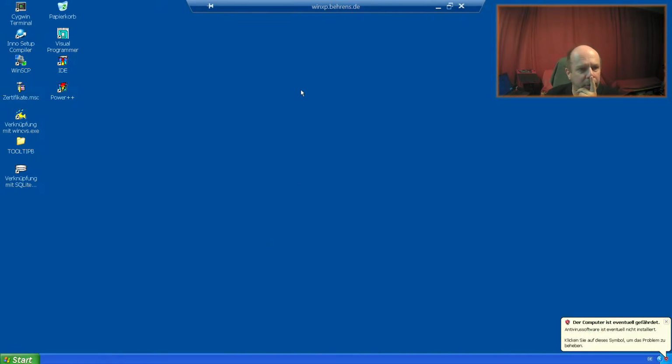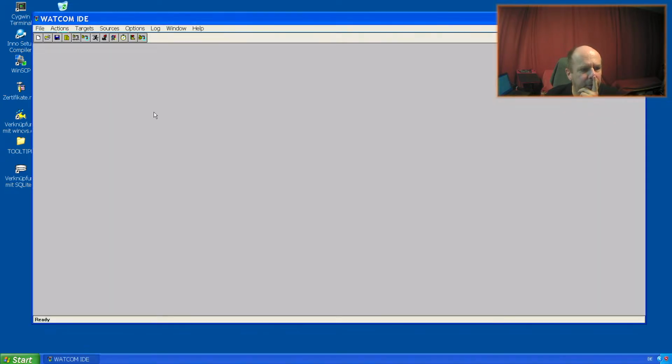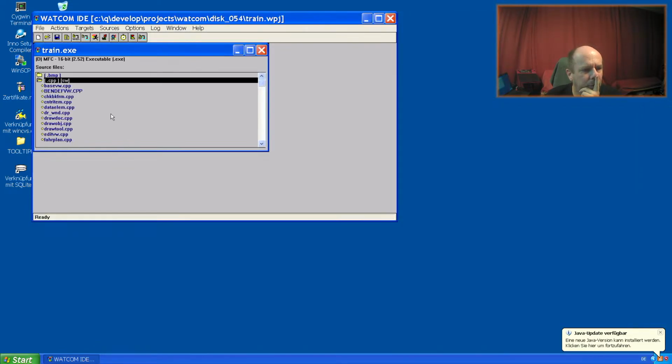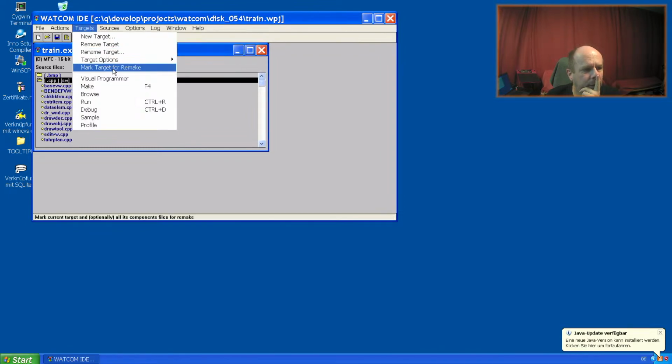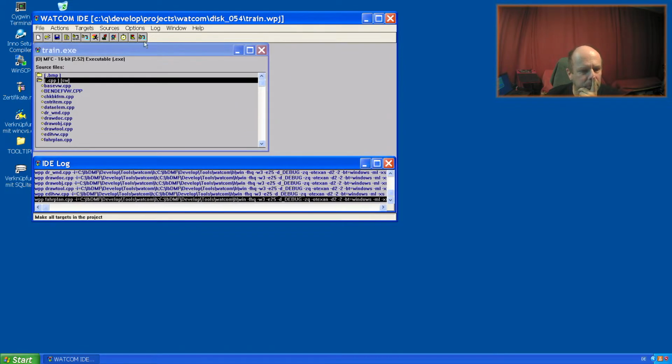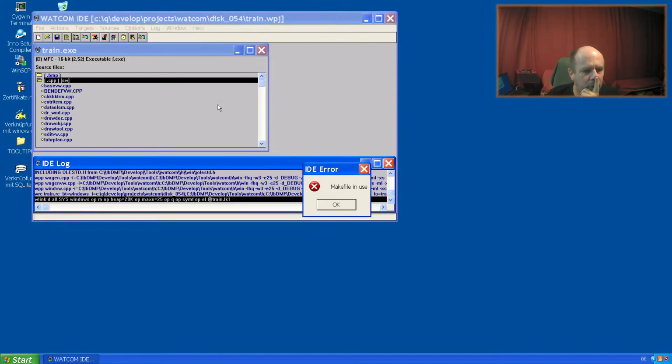Okay, I simply had opened the session. Here I have some projects running, and it was the initial 16-bit train project. For example, did it compile? Probably. It's still running.